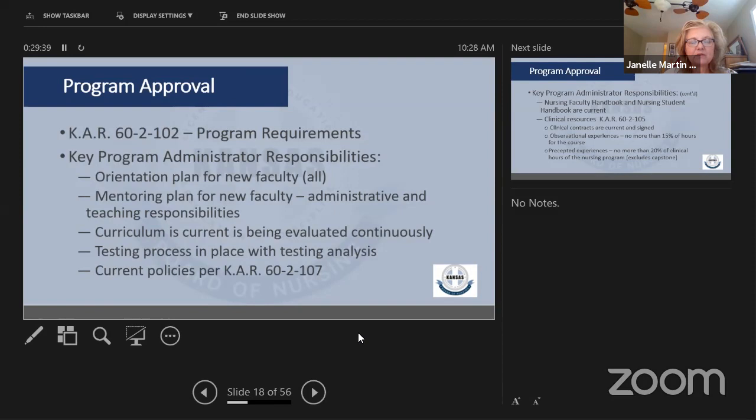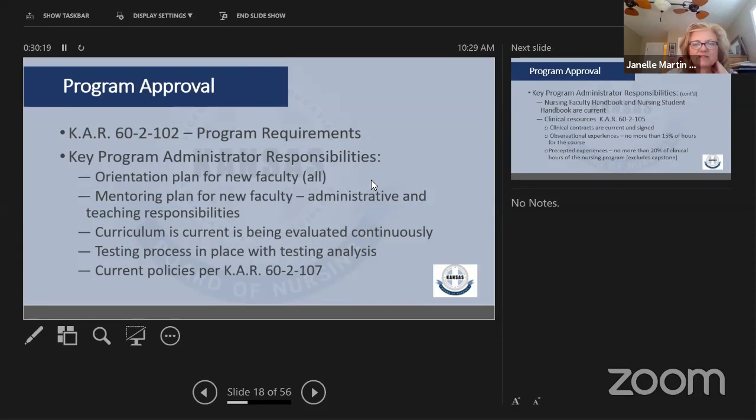So a big responsibility for those that are already working with an approved program, I'm going to talk about some of the bigger pieces. So these are just some of the key responsibilities and things to keep in mind. You'll see some of these, if you've had a site visit recently or coming due for one, these are all things that will come up as part of that review process. But one of the reasons I'm sharing some of these is that these are things that we tend to find where we come up with the most recommendations for programs is in these areas.